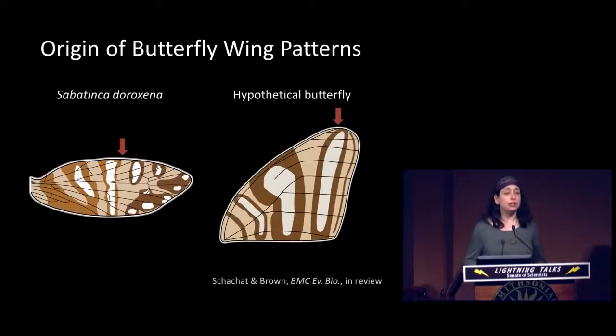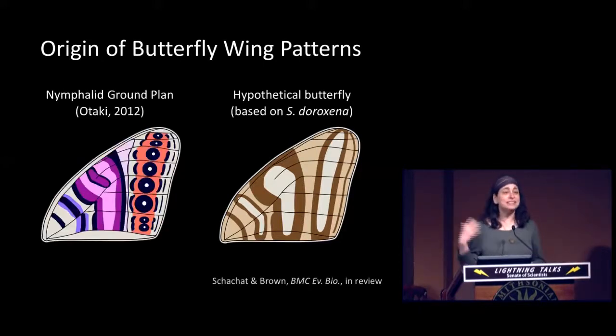So this is my result if I plot the wing pattern of Sabatinca doroxena onto the wing of a hypothetical nymphalid butterfly. And this is the nymphalid ground plan, which shows the essential elements of wing patterns in butterflies in the family Nymphalidae. And as you can see, these are very similar, which suggests that this relationship between wing pattern and wing venation can be very helpful in allowing us to reconstruct the evolution of all of these wing patterns, because it controls for changes in wing size and wing shape